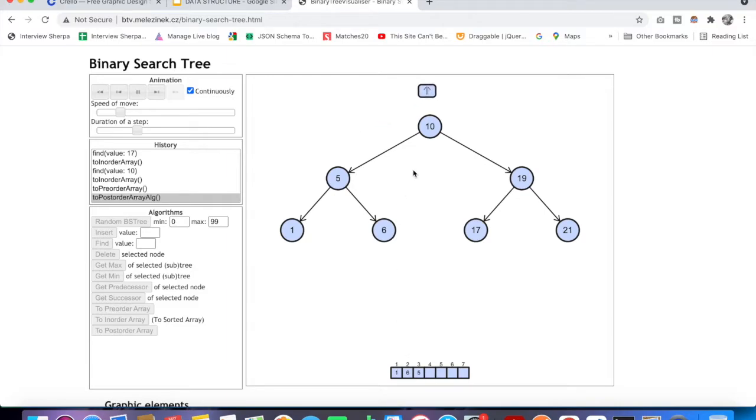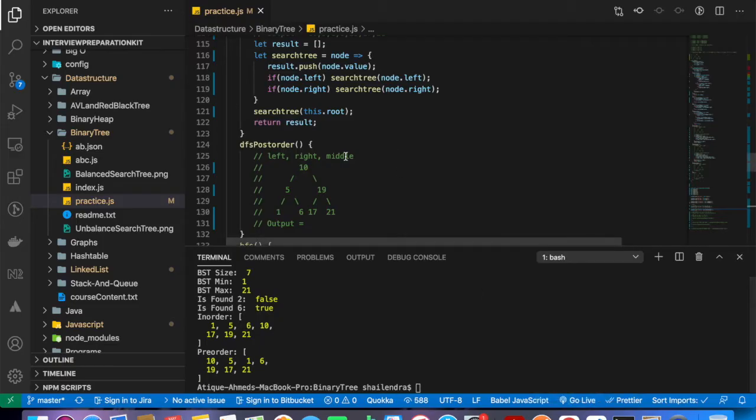Then it will go to 10 and 10 to 19, 19 to 17, 17 will come here, then 17 to 19, 19 to 21, 21 it will bring after 17, then it will take 19, then at last it will take 10. So that is left, right and middle.